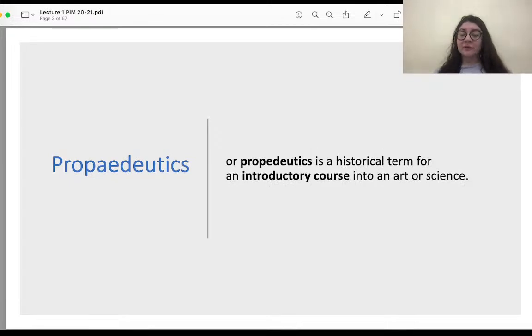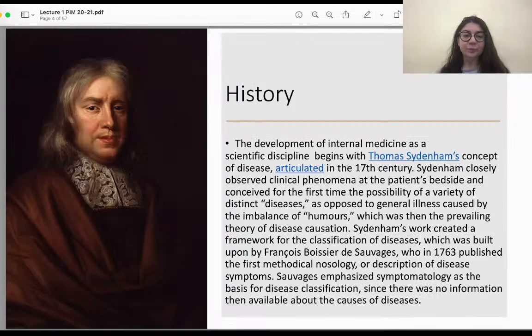What is propaedeutics? Why do we use this unusual word? It is a historical term for an introductory course into an art or a science. The short history of the development of internal medicine as a specific discipline begins with Thomas Sydenham's concept of disease, articulated in the 17th century. Sydenham closely observed clinical phenomena at the patient's bedside and conceived for the first time the